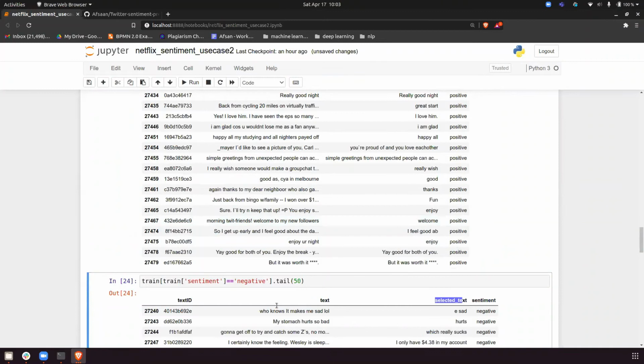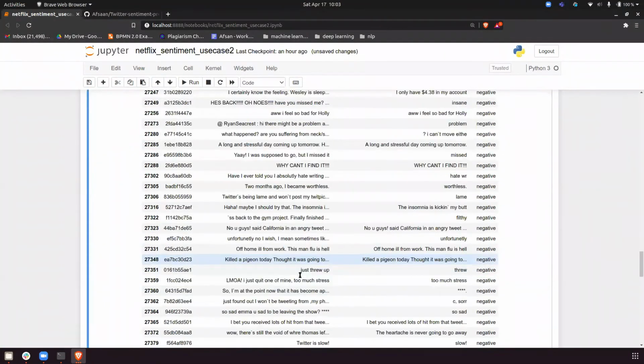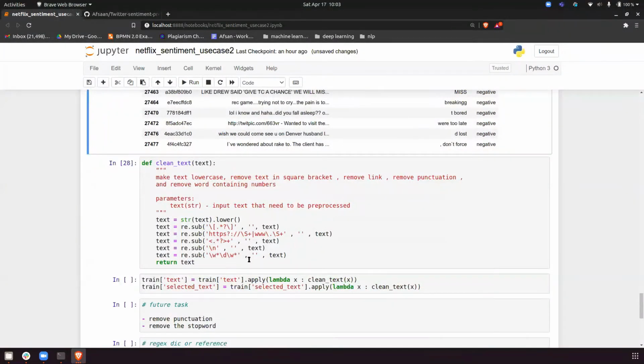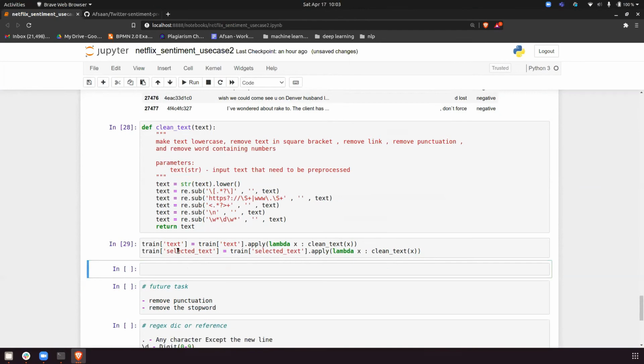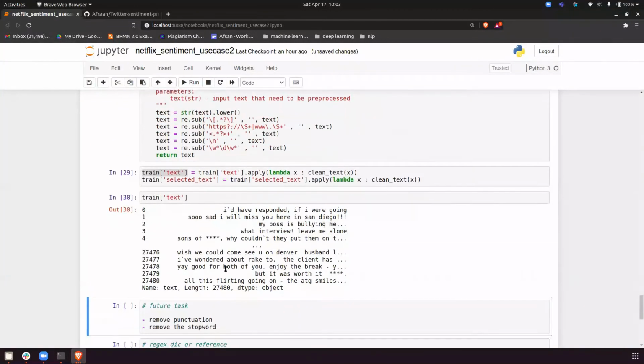So based on the regex, I'm trying to clean everything that I've written here. Okay, so if I run this, it got executed. If I see the data now, copy, paste, and this is the data that I have. Okay, still we have star and everything, so we have to remove this. I'm just not removing this, you have to remove this.